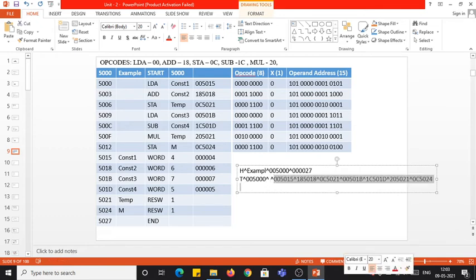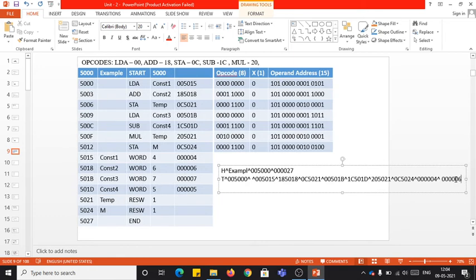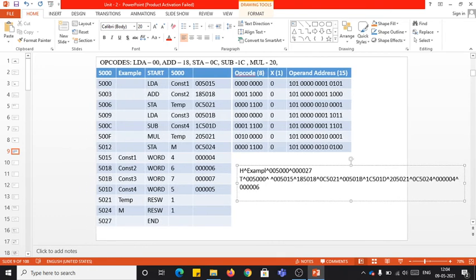From 10, you can count like this: 10, 11, 12, 13, 14, 15, 16, 17, 18, 19, 20, 21. Like that, you can keep counting how many values you are fitting into that particular text record. It should not exceed 69. Right now, definitely it is not exceeding 69, so I'm just placing it directly.